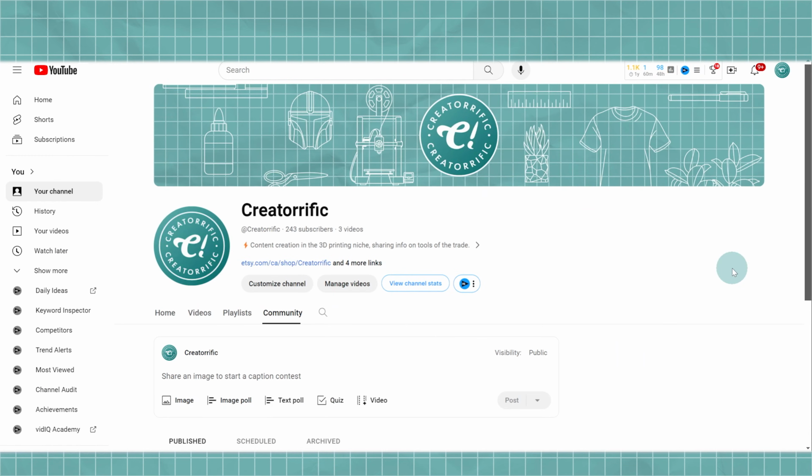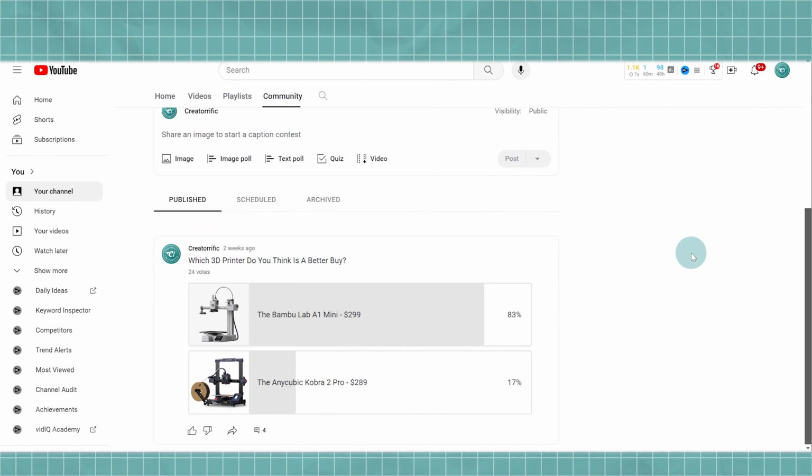Oh, by the way, thanks to everyone that participated in my recent survey. So I put a survey out asking which 3D printer people thought was a better buy between the Bambu Lab A1 Mini and the Anycubic Cobra 2 Pro, and the response heavily favored the Bambu Lab A1 Mini by 83% to 17%. So we have a clear winner here,